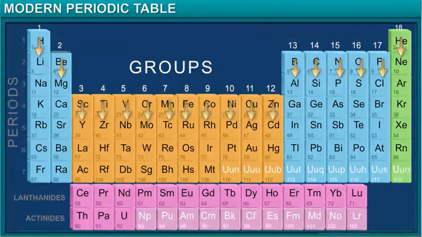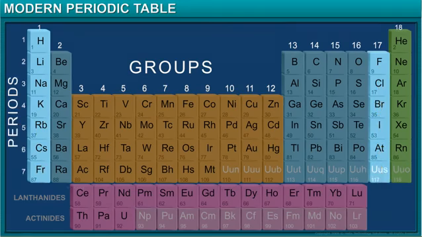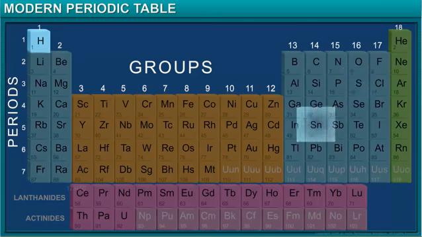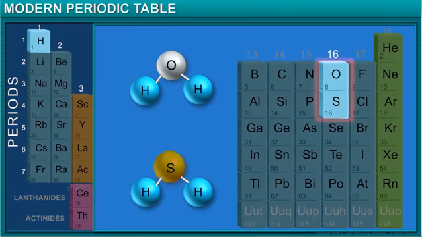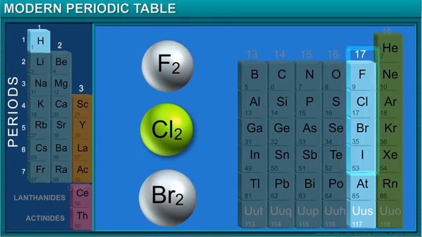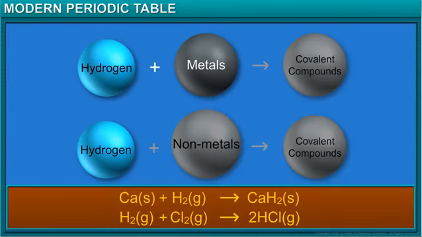There is an anomaly when it comes to the position of hydrogen in the periodic table, as it can be placed either in group 1 or group 17 of the first period. Like alkali metals, hydrogen combines with oxygen, sulfur, and halogens to form similar compounds. On the other hand, like halogens, hydrogen exists as a diatomic molecule and combines with metals and non-metals to form